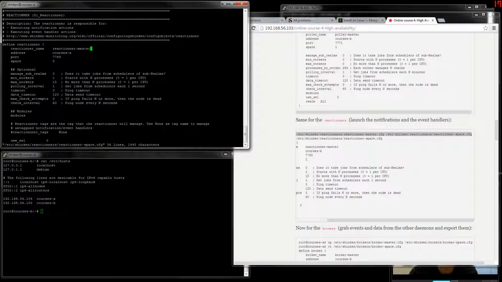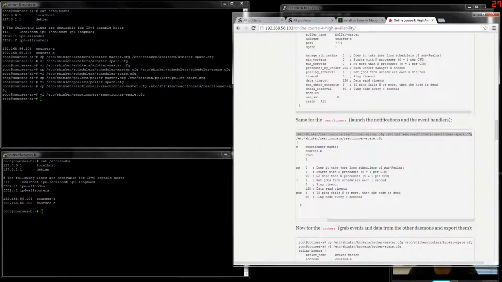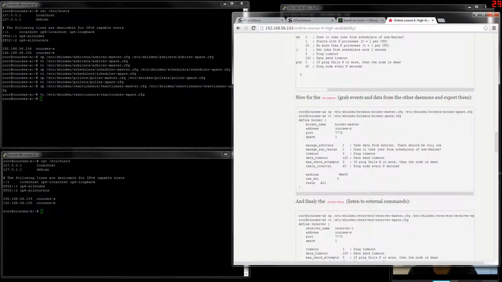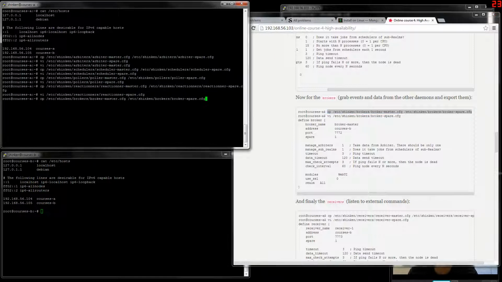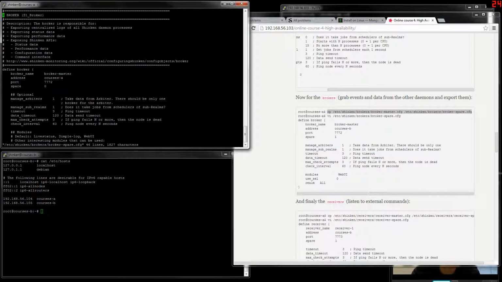So same here. And the B server is a spare. Now the broker entry.